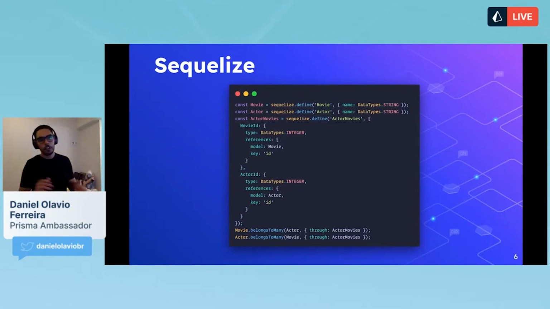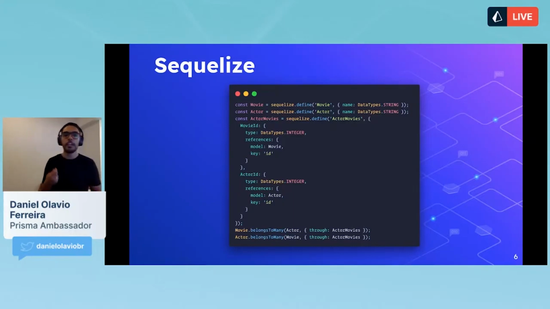So the first one, we are looking at Sequelize. It's very, very simple to define your models or your tables, if you prefer to call it like that. But there's one problem that, at least for me, is a big deal: we cannot realize what we're doing exactly when we look at it at first glance.